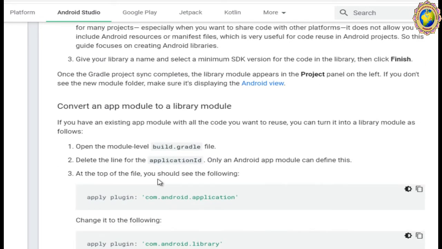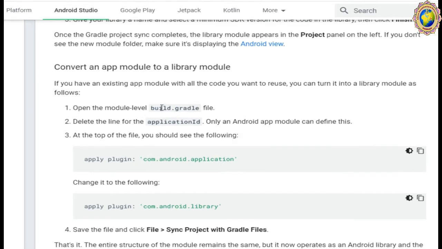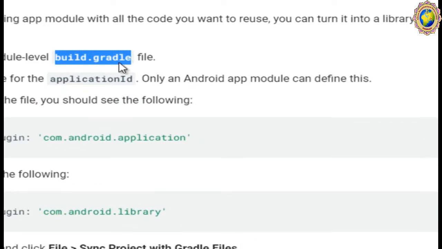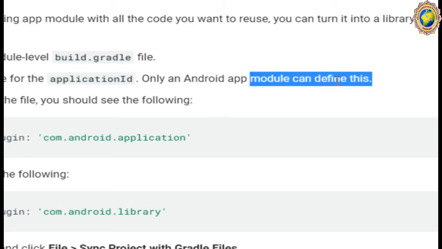Okay, now let's see how to convert the application module to a library module. So first you need to open the module-level build.gradle file, right? Then delete the line for the application ID. Only an Android application module can define this.